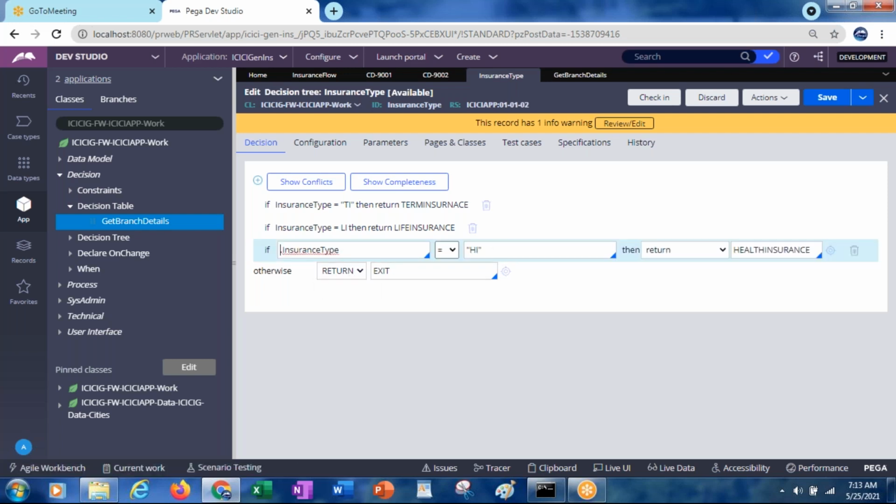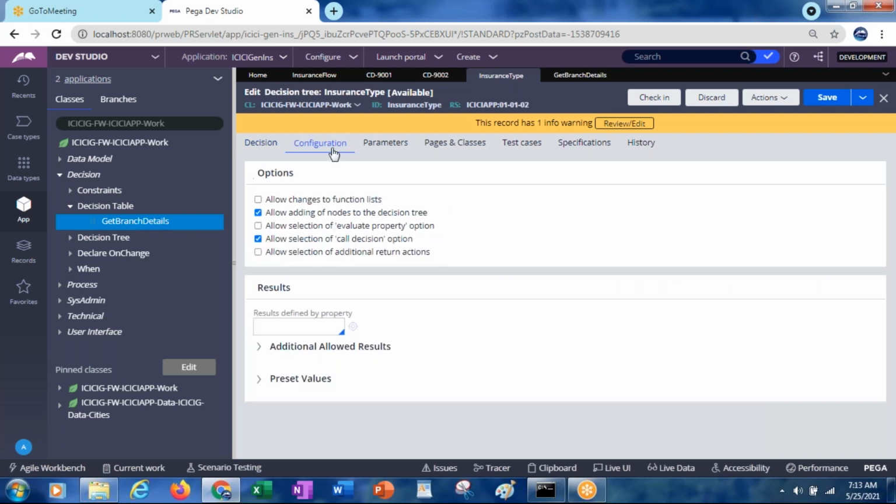In this return, if you see, you have something called continue, otherwise, call decision tree, call map value, call decision table. Like that you have these things. So in which rule is it? In the decision tree, in the configuration tab, you have something called allow selection of call decision option.